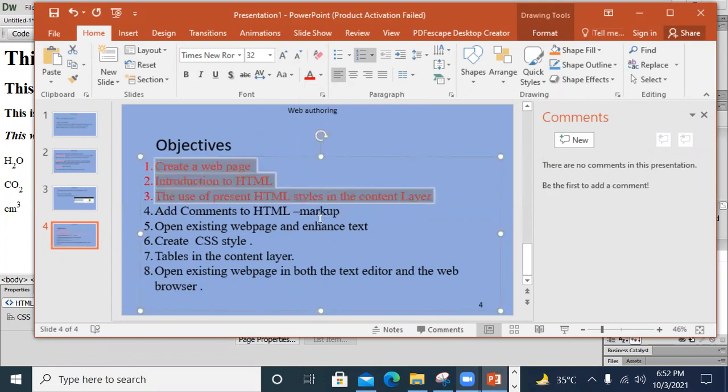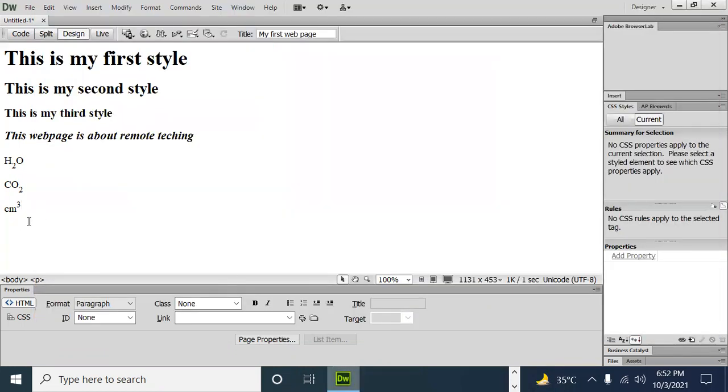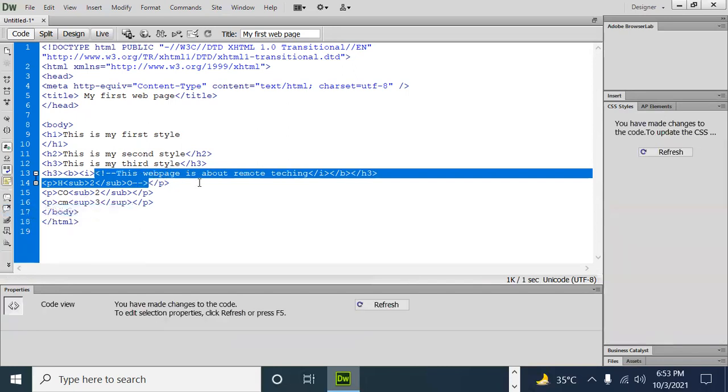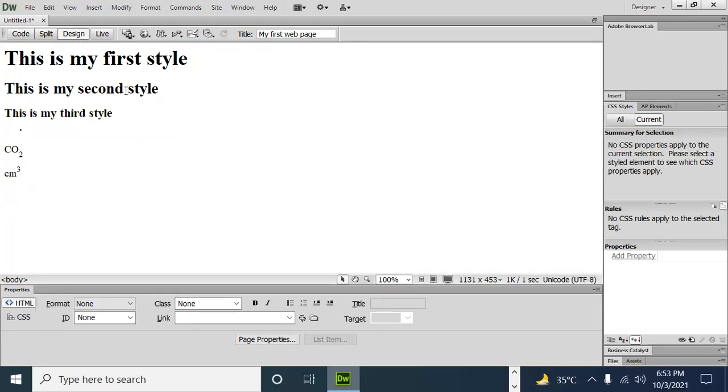So add comments to HTML markup. So go back again, see what is the requirement. Suppose I don't want to see this line in my web page. So just go and mark it. Sometimes you wish to have it in your source code but don't want to display it on your web page. So we mark it like this. So add comments. Okay, apply comments. So now the thing is there, but it will not display on my web page.